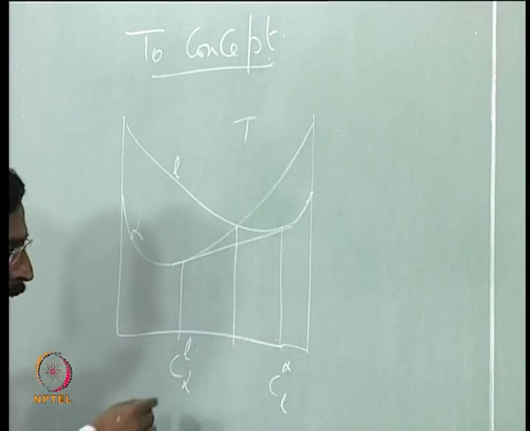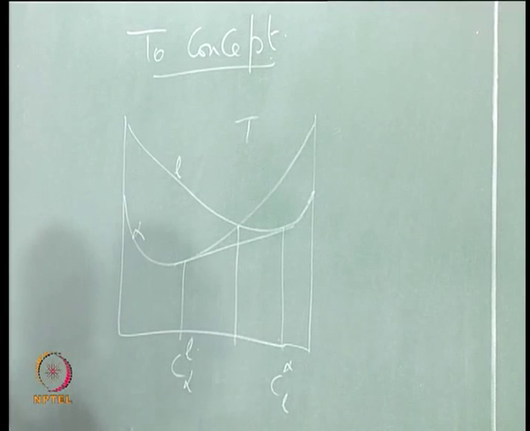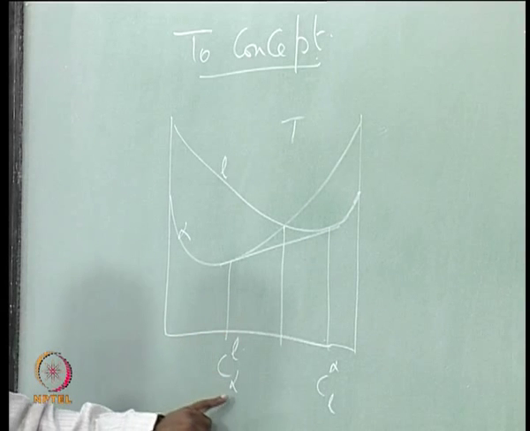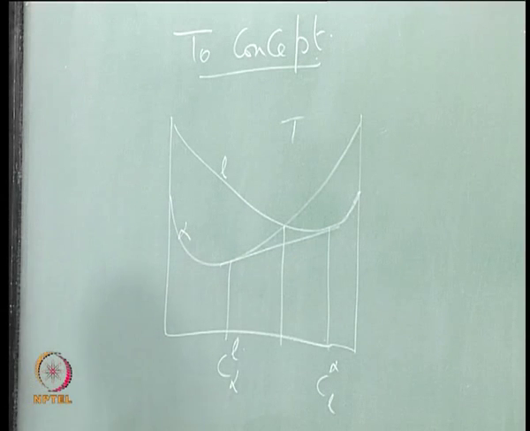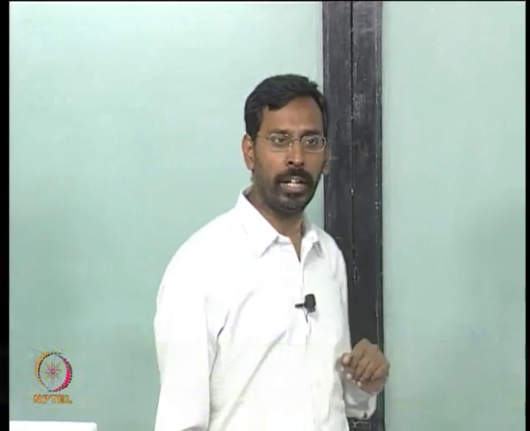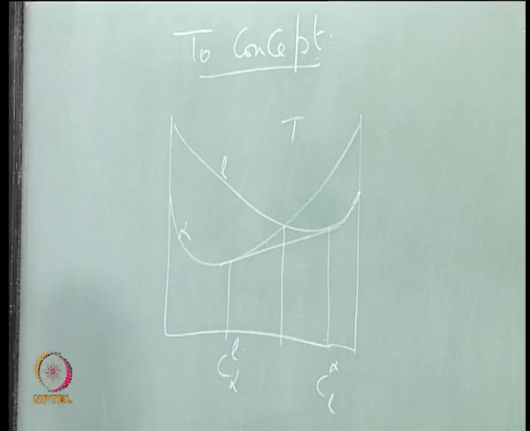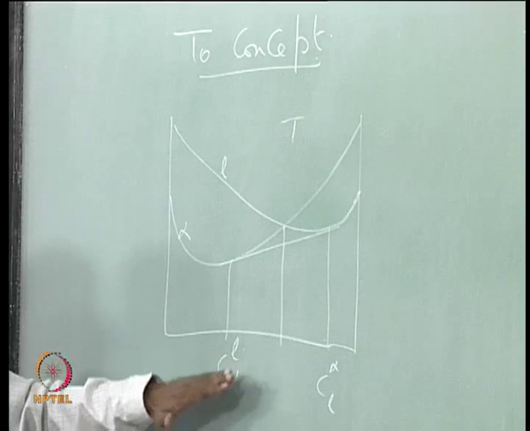Of course, some people even call it C alpha equilibrium, C liquid equilibrium. Obviously here, when I say C alpha, it is in equilibrium with liquid only, there is nothing else. But when there are three phases, then you have to specifically say what it is in equilibrium with. For example, we are going to come to eutectics in a few minutes, and there you have to clearly say whether the alpha composition you are talking about is in equilibrium with liquid or with beta. In this particular phase diagram, because there is only liquid left other than alpha, if you simply say C alpha equilibrium,